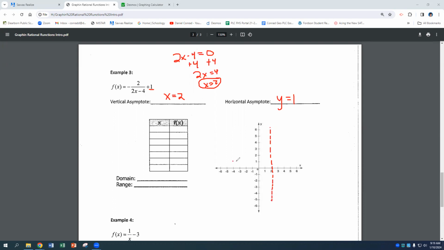And a horizontal asymptote at 1. Since this is negative, right, I'm going to go top left and bottom right. Again, if it was positive, it would look like this. Since it's negative, we have to switch it as such. Okay, let's move over to some